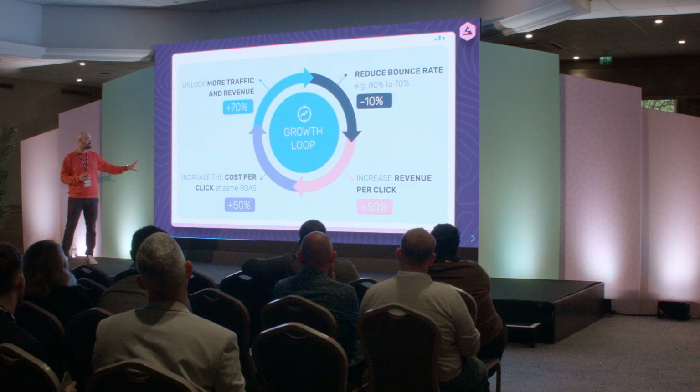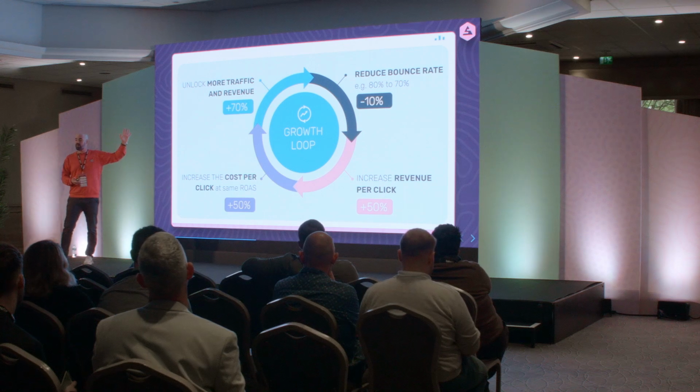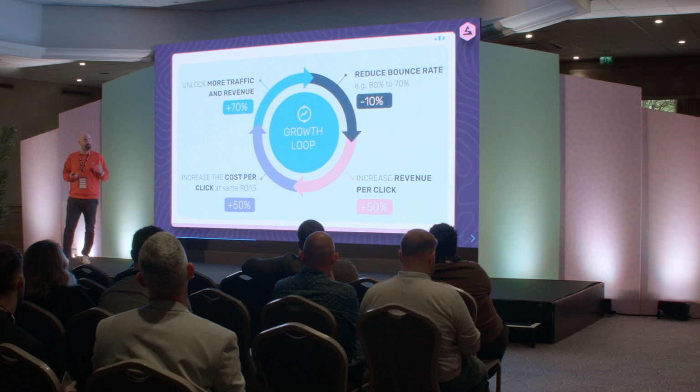By increasing the revenue per click, if we're happy at the return on ad spend we were at before, at the 5 times in the example we saw before, £1 in, generating £5 back, we can now increase our bids. We can increase the cost we're willing to pay to Google by 50%. And by doing this, we're able to access and unlock more traffic, driving more relevant search. And this is really impactful and really important for Google Shopping,